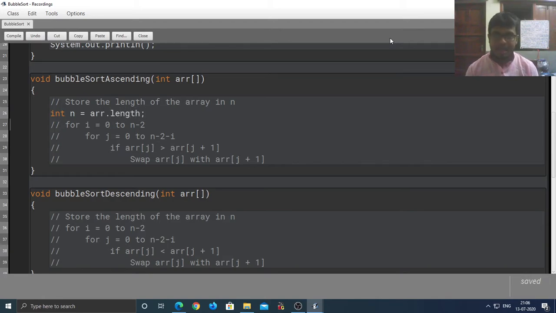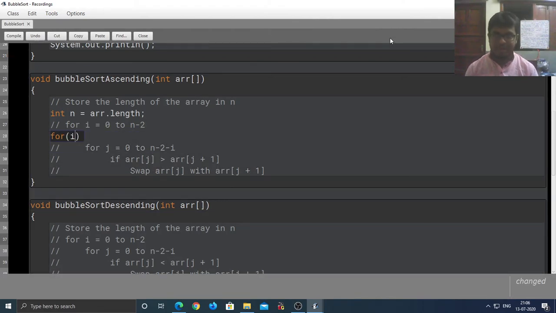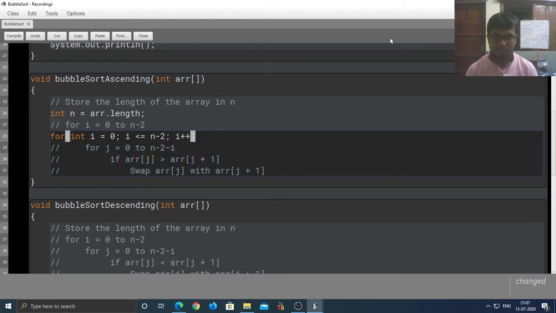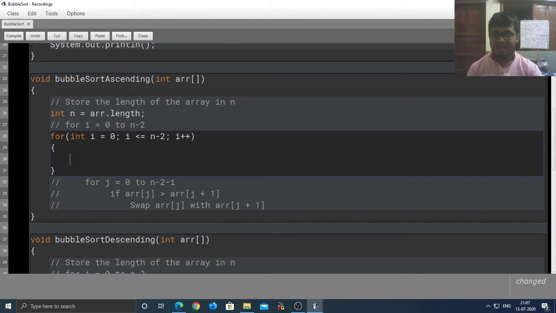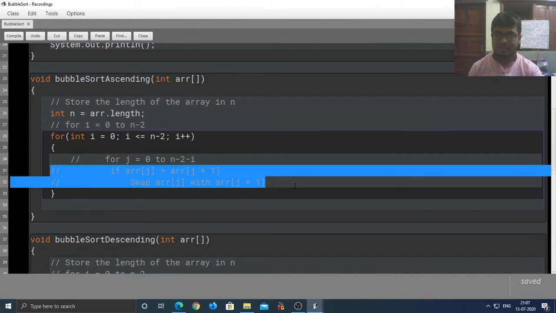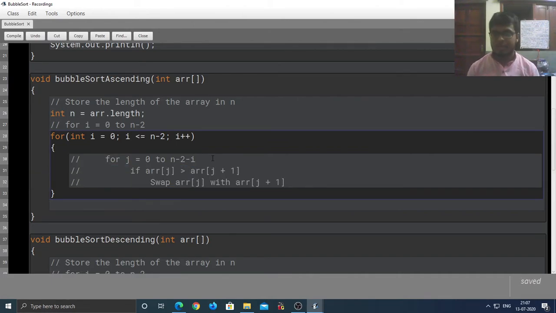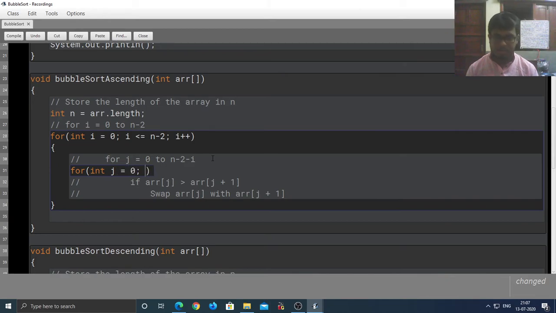Now after that, I need to run a loop that would have the I variable, and it would run from 0 to n minus 2. So I less than equals n minus 2. Now, inside the body of the I loop, the loop having the loop variable I, we're going to have these comments. Next, we're going to need to run a loop that's going to go from 0 to n minus 2 minus I. So int j equals 0, j less than equal to n minus 2 minus I,